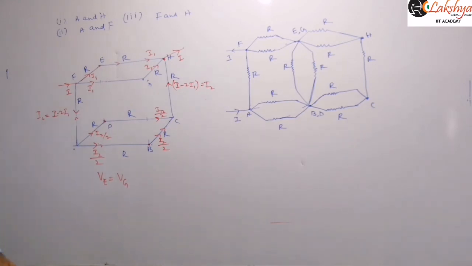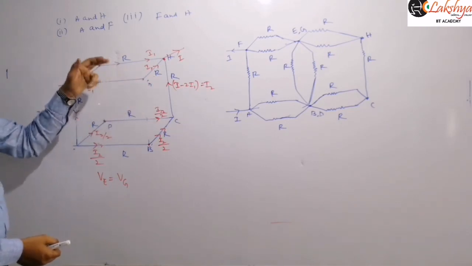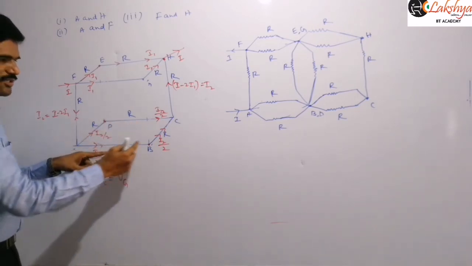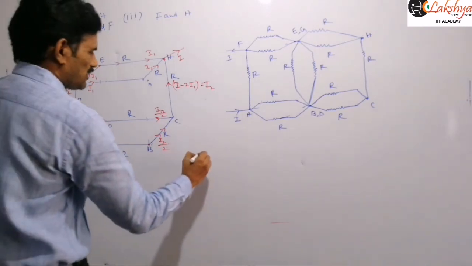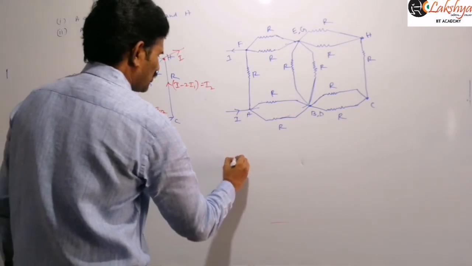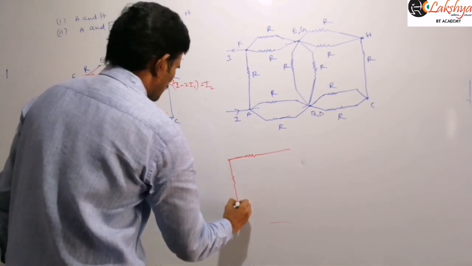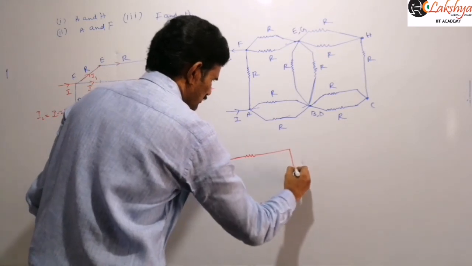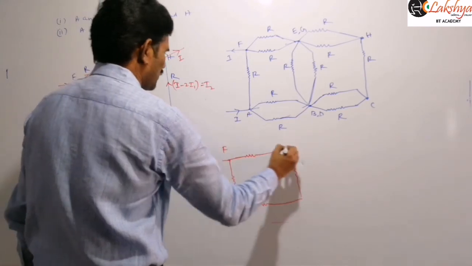If you remove those resistors, now these 2 will be in series, these 2 will be in series, and both are in parallel. Similarly here, these 2 will be in series, these 2 will be in series, and these 2 will be in series, and both are in parallel. You can solve the remaining circuit. I will draw the remaining resulting circuit here. At the top, this is the path, the resistance here. I am replacing those 4 resistors with a single resistor. Now this is our starting point F and this is the final point H.